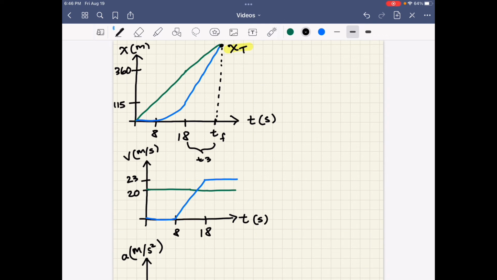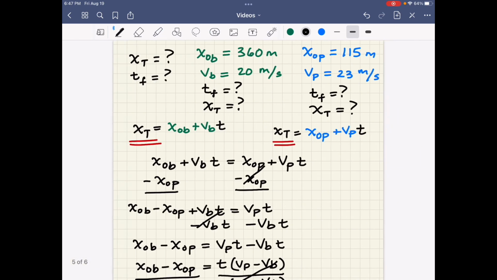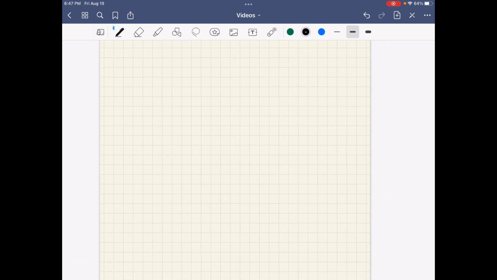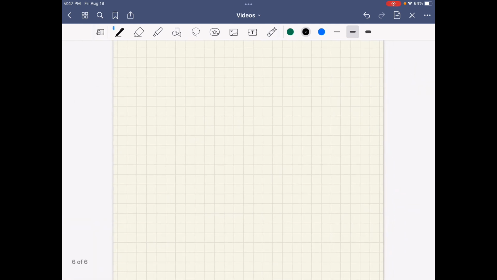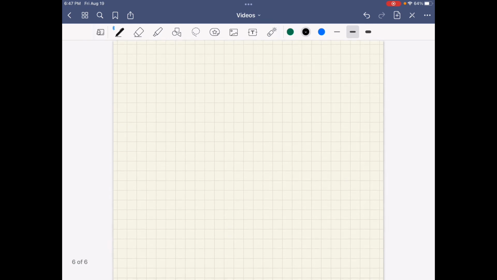So now, to know what was the total time for this event, we just add them up, right? So let me go to the other page. There you go. To find the total time, now the total time is for both. The final time, right? Time final equals